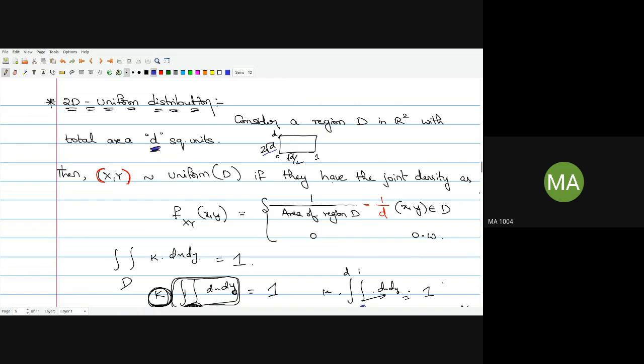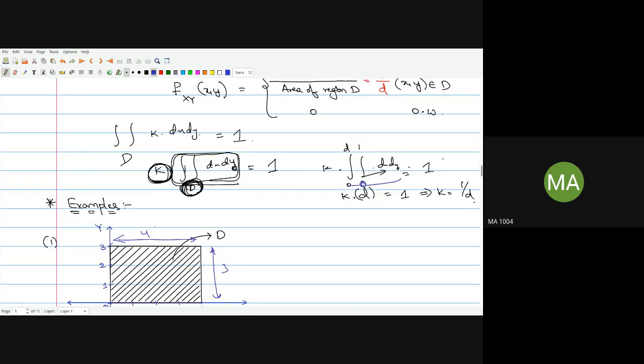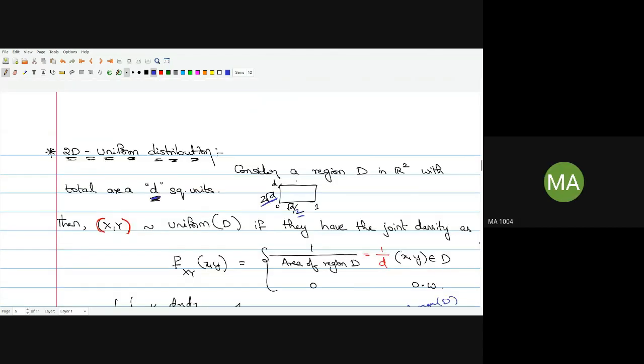You can take 2 root D and root D by 2. Then also you will get D. So this double integral, you just needed something that would give you D. Even that will also give us D. So this will actually give us area of region D. The 0 and the 1 should be such that you must get D, right? Product should get D, right?